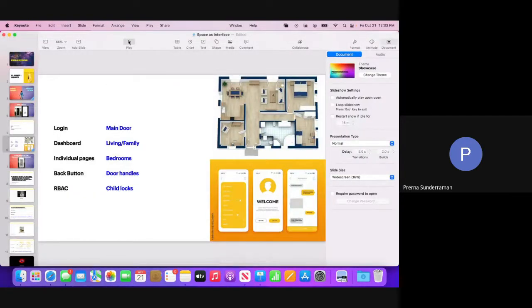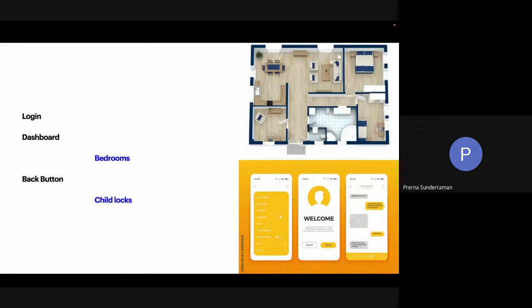Okay, if anyone took a sneak peek at the answers, no worries. Okay, so like I was saying, your dashboard is a bit of a hub to get into the other parts of a house. So similarly, you can get into the other parts of the app. Bedrooms maybe are individual pages of an app.